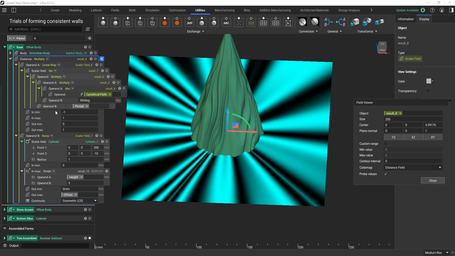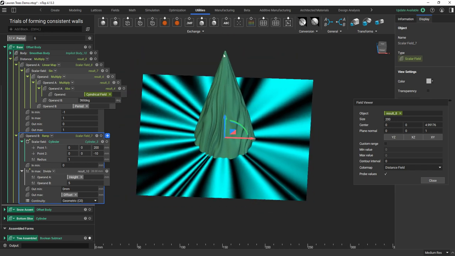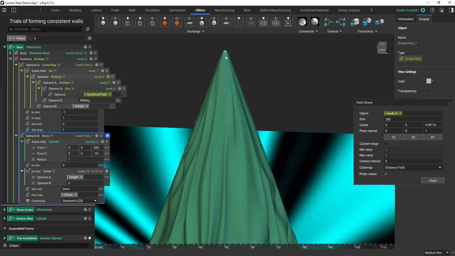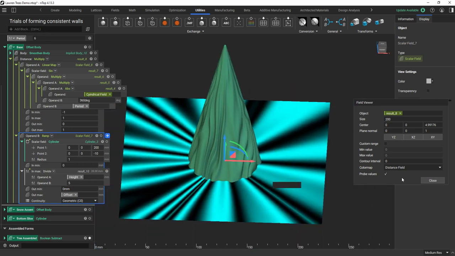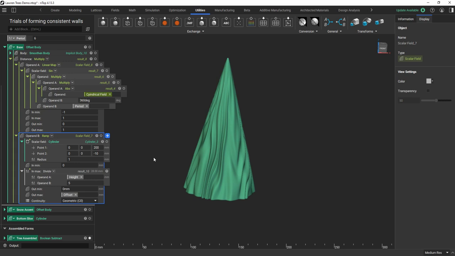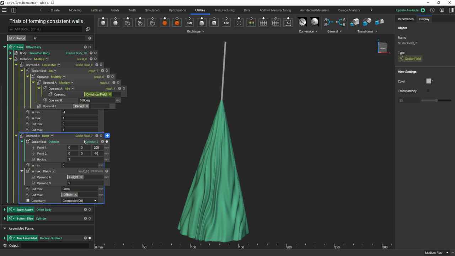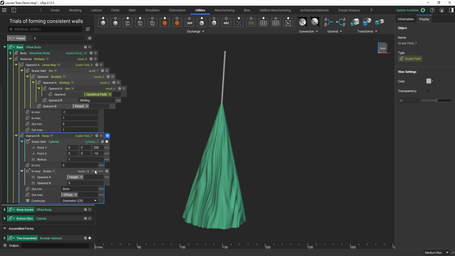But you can see, when I offset this body, I'm not simply offsetting a consistent amount. And that is because you can see at the top here, there is no offset, and at the bottom here, there is lots of offset. So the offset is a gradient from the top to the bottom, and I'm using a ramp field here. So the ramp field is driven by the cylinder that runs down the middle, and